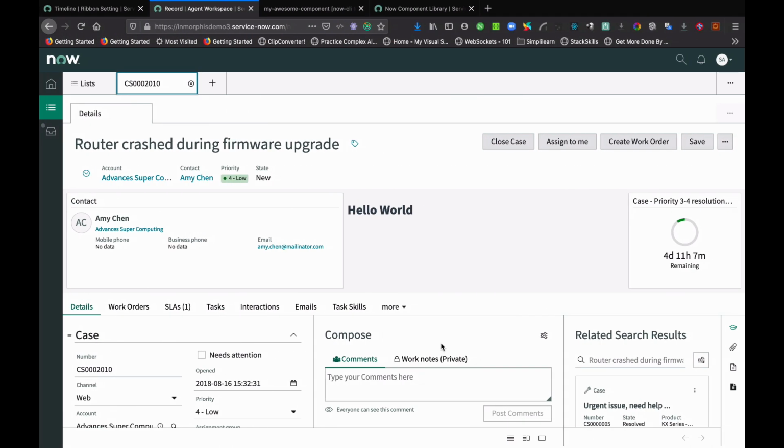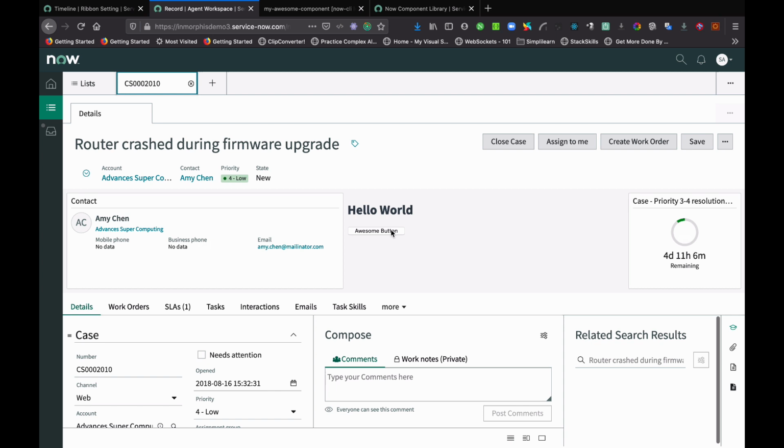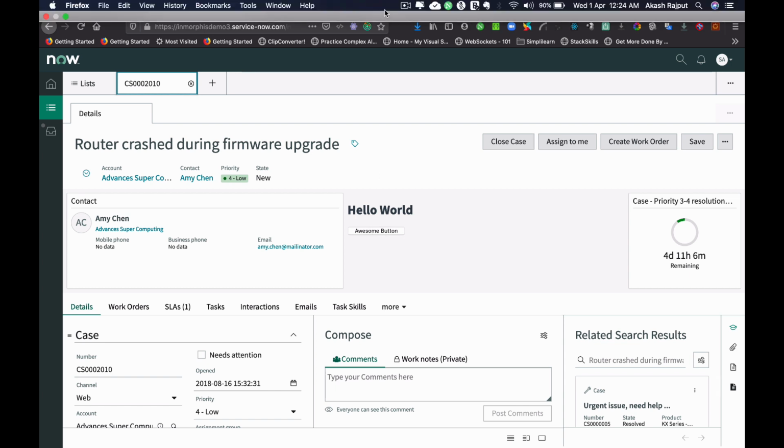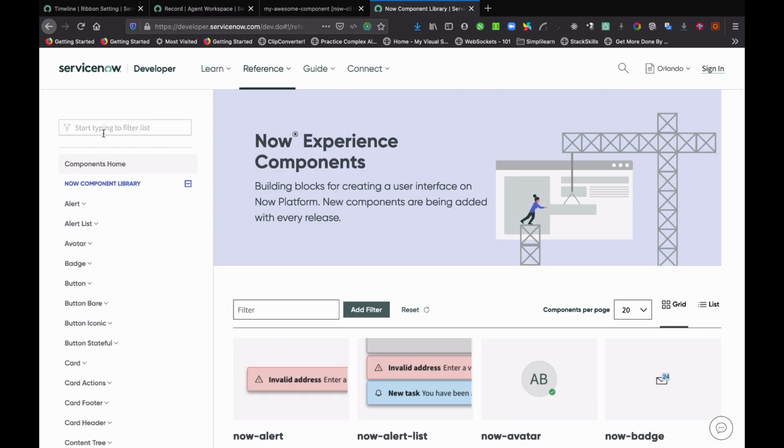Yep, it is deployed, and again we will refresh it. Now you see that my awesome button is here. Right now it will not do anything, and it is not looking good. So what ServiceNow has done is, ServiceNow has created some library components for us, and in this page,